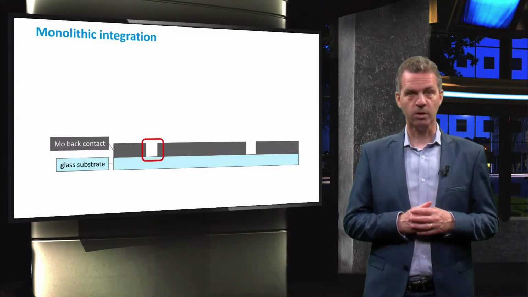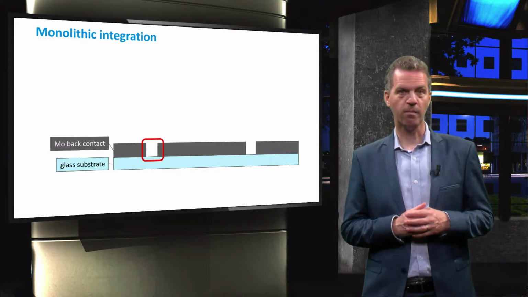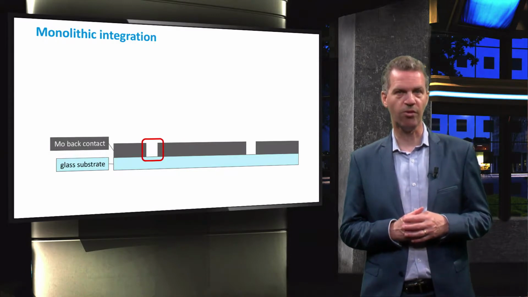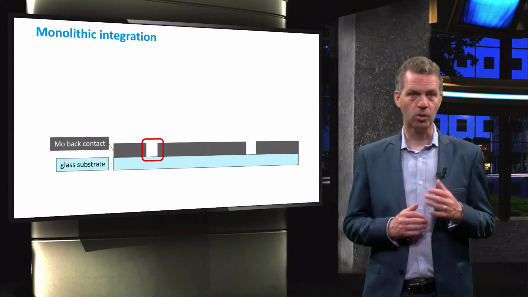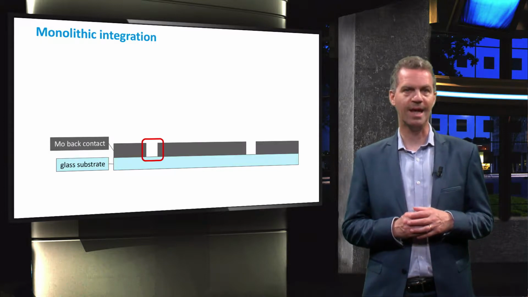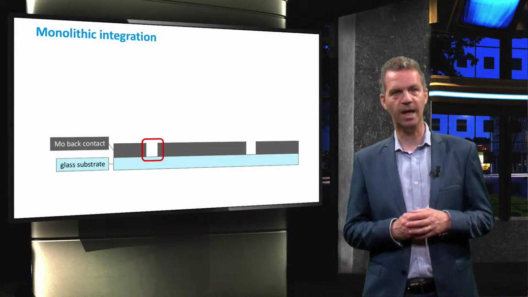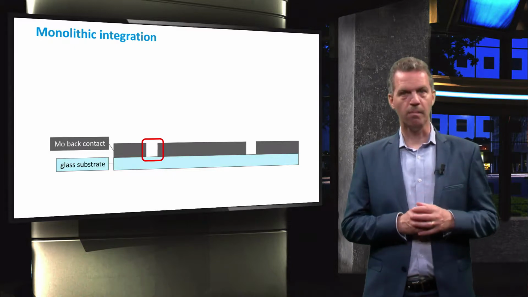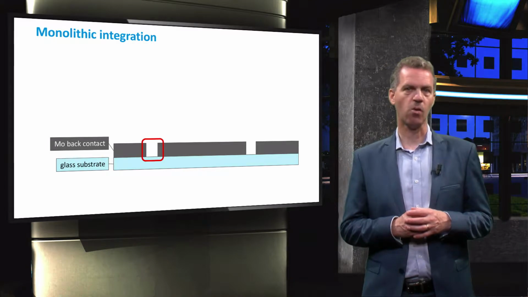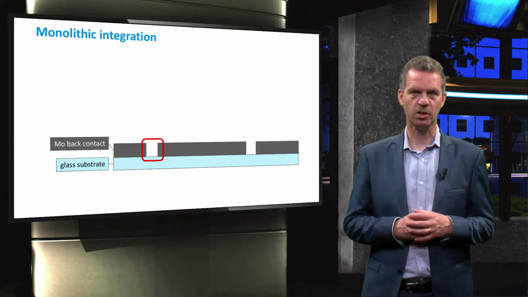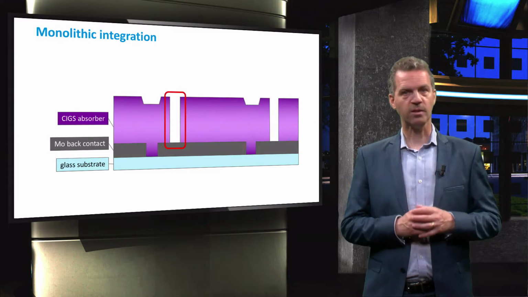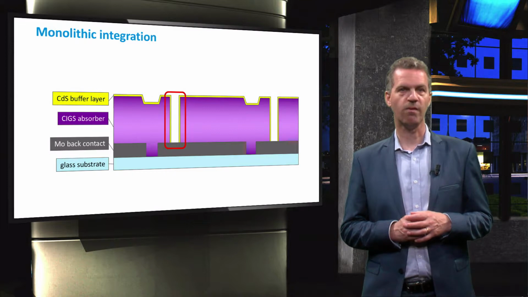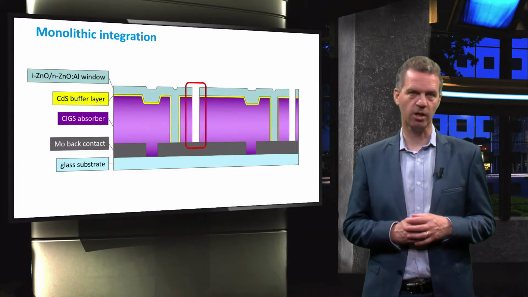The interconnection between CIGS solar cells is achieved by monolithic integration, as was also discussed previously in the video series on thin film technologies. Usually, separate solar cells in lateral direction are made by scribing the layers, most often by using an absorbing laser. The molybdenum back contact receives the first laser scribe prior to the CIGS deposition step. A second scribe is performed after CIGS deposition, followed by the cadmium sulfide buffer layer and the zinc oxide TCO